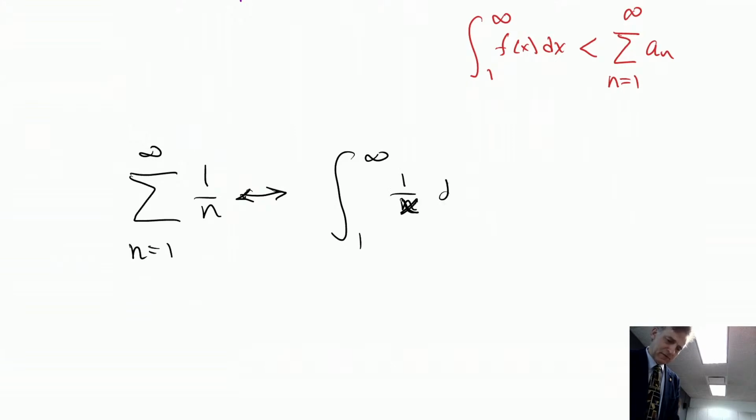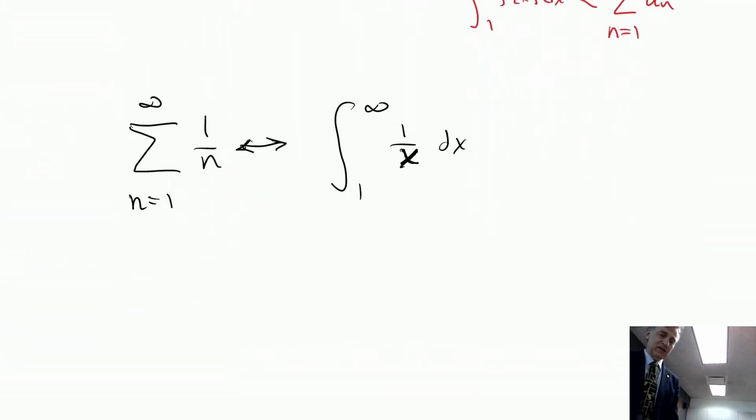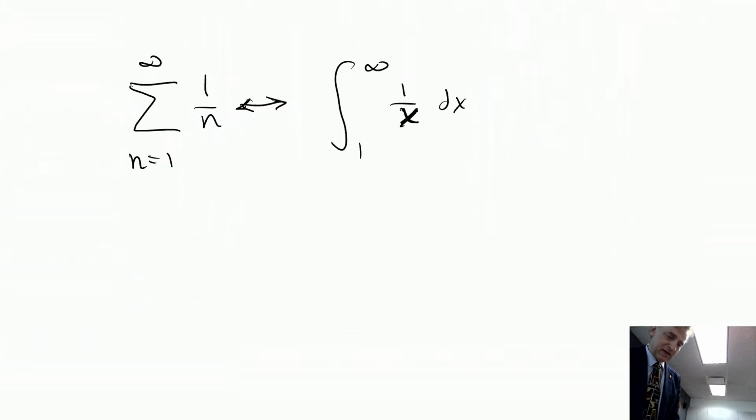Whoops. Integral of 1 over x dx. So notice I've just changed my variable from n to x, so those share the same fate. You can do this. This is easy enough. That's going to equal